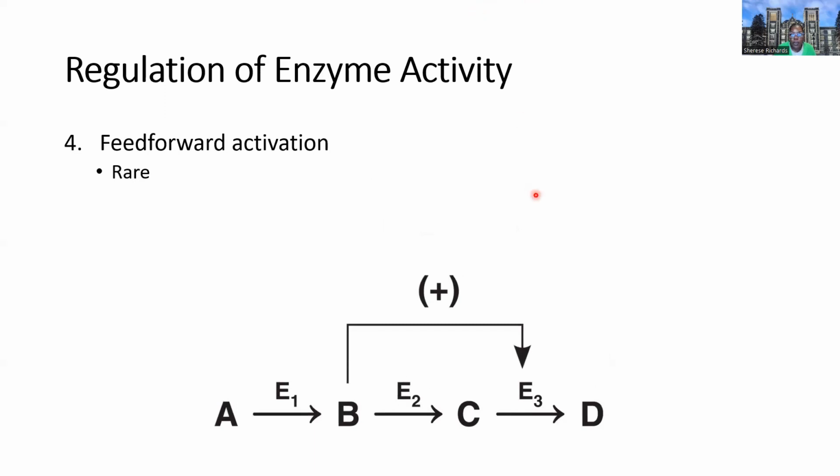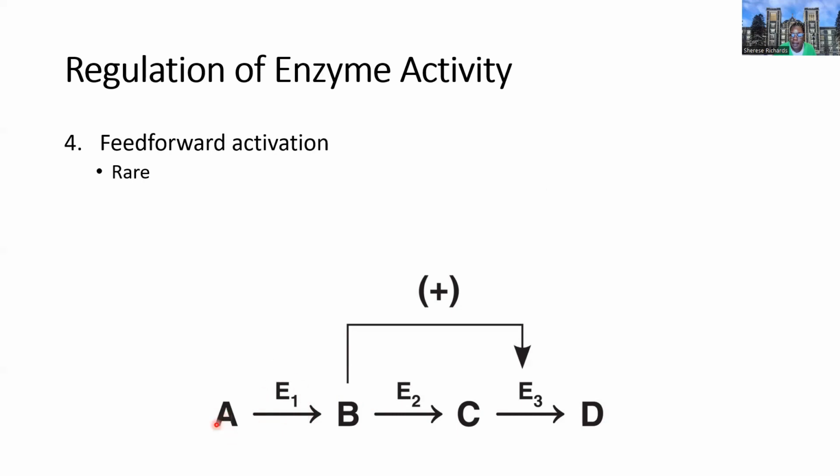Lastly, we have feed-forward activation. This is a much more rare occurrence. Feedback inhibition, just like with negative feedback, is much more commonly found throughout the body. Feed-forward activation is very rare. And again, just like with the negative and positive feedback, feed-forward activation is usually only a part of a larger negative feedback inhibition. So if we look at the feed-forward activation here, the actions of enzyme E1, so enzyme 1,